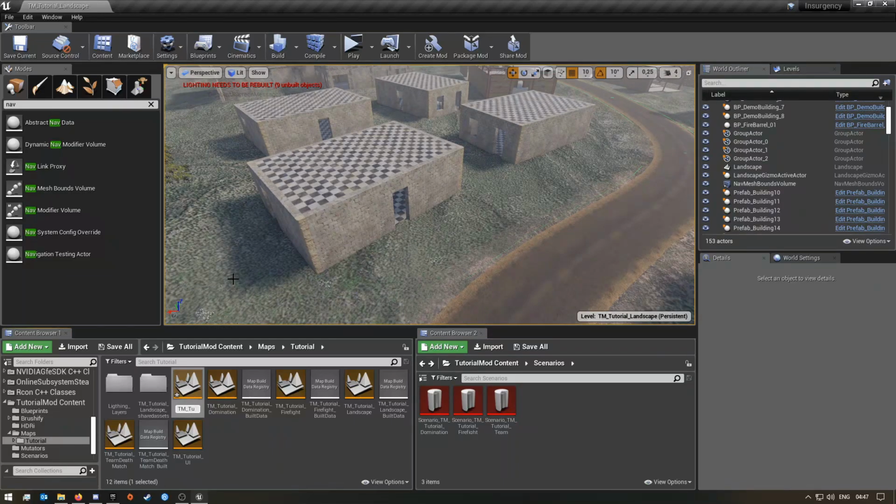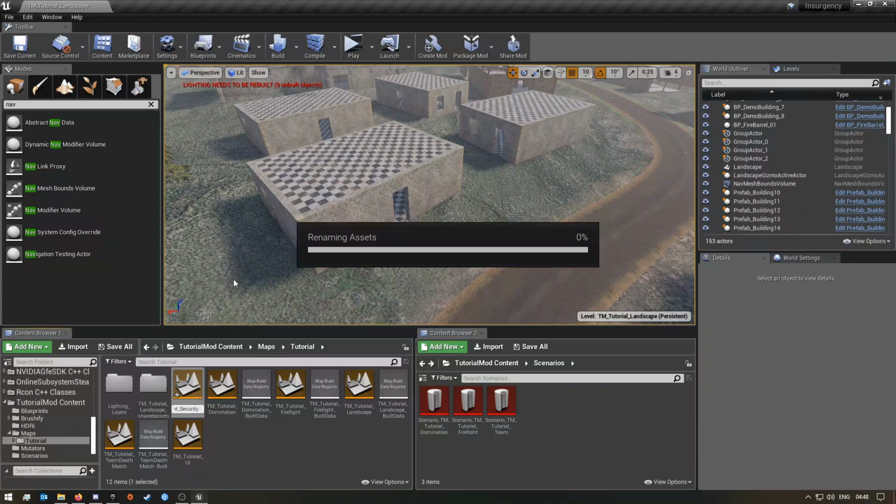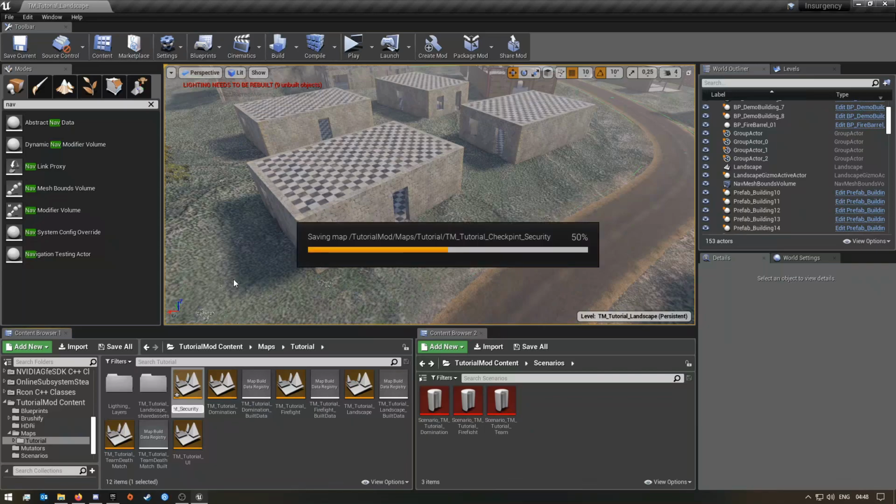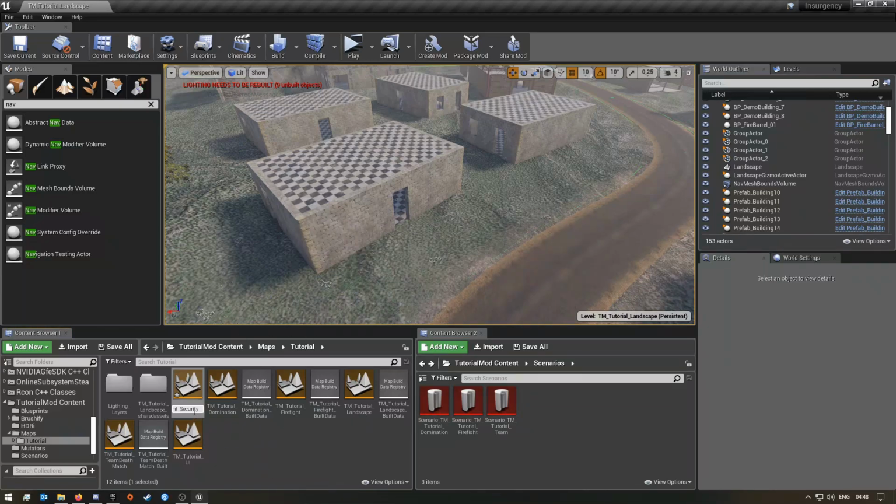So tutorial, underscore, and then the game mode. I'm going to make it obviously checkpoint, but after that I'm going to put another underscore and type security, because I'm going to make the security the attackers and the insurgents the defenders, if you would say. So once you've created that, we should be able to go to our levels tab